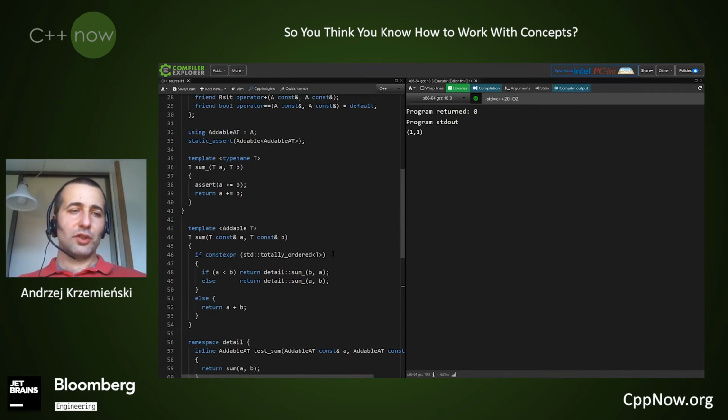So the question is, should I do this if context per trick, or go with two overloads? And the answer is, to a great extent, this doesn't matter.